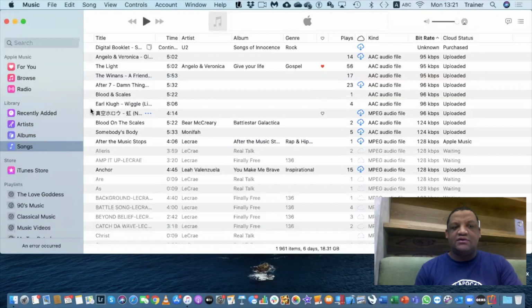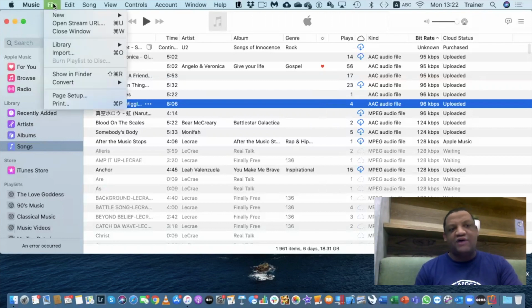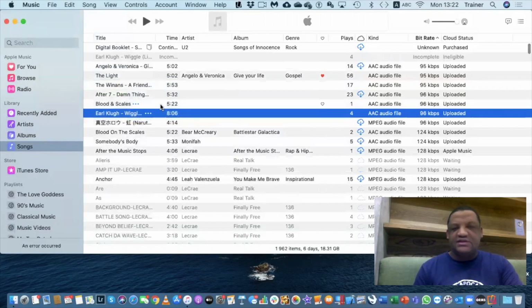It's almost done. Cool. And now I'm going to select that song, and under my file menu, I'm going to go to convert, and you can see create AAC version. So now if I select that, and this time around, guys, I'm going to sort according to title, right?